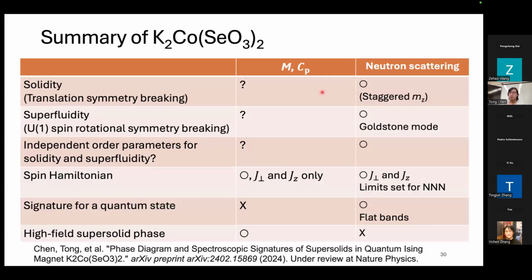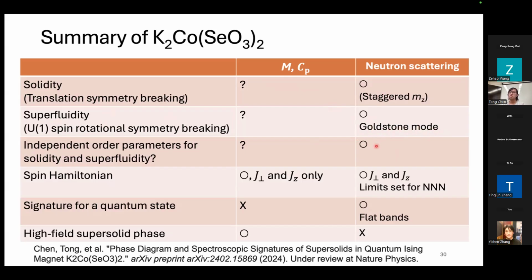So now I want to give a summary of the neutron scattering results. Neutron scattering did find the signature of solidity, which is in the elastic scattering, where you have 6 points at K points, and this means that the system breaks the translational symmetry and is forming the 3 sublattice order. We also have the evidence of superfluidity, which is the gapless Goldstone mode in the inelastic neutron scattering spectrum. On top of that, we have the pseudo-Goldstone mode, which is gapped, and which comes from